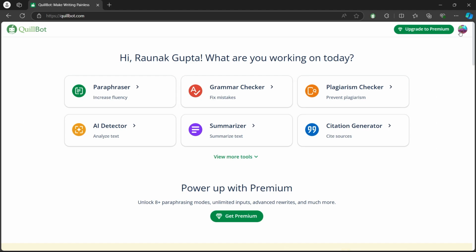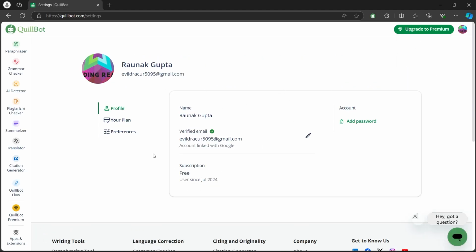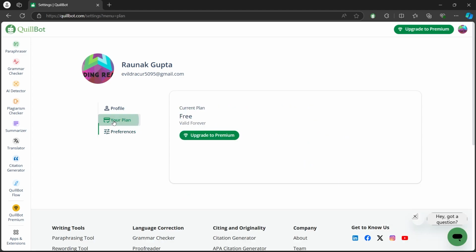We'll have to click on the profile icon at the top right of the screen, that is this small circle. Then navigate to account details, that is the first option. After you navigate to account details, you'll see your profile page, your plan page and preferences page. So we are going to select the second option, that is your plan, and in this you will see that